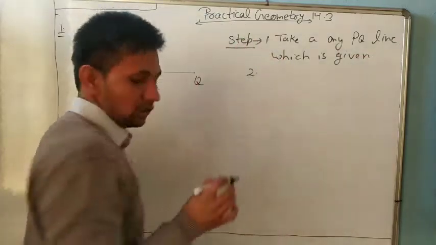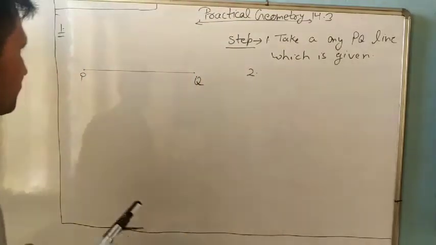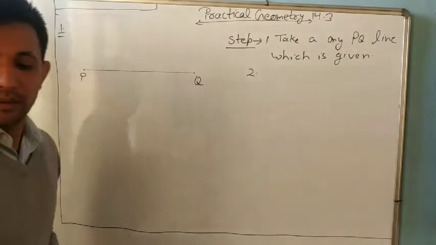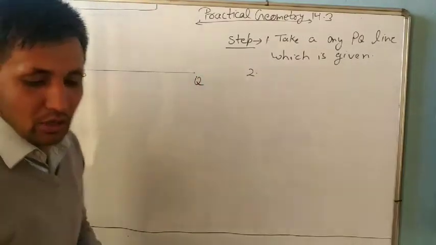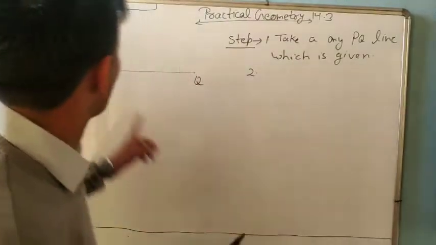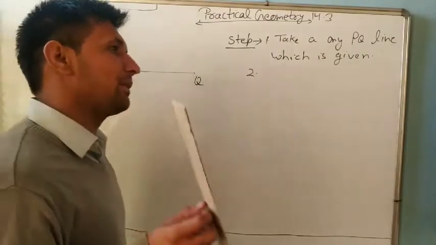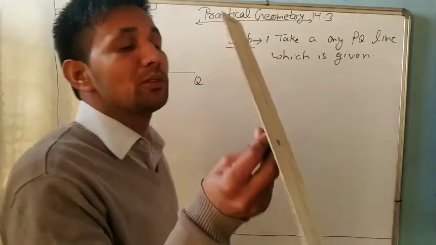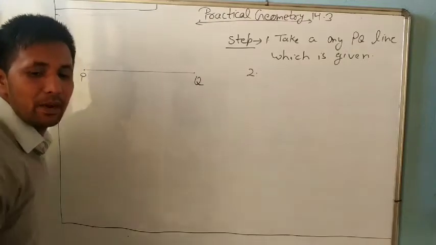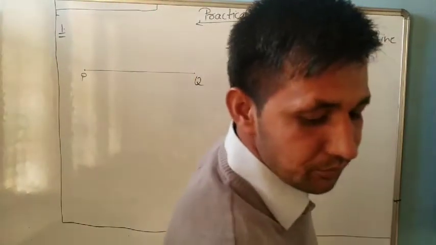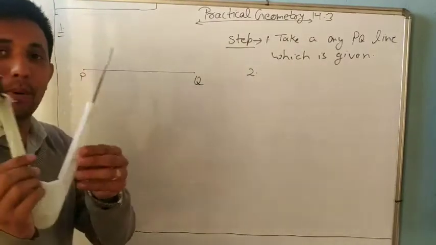Second step, what we will do now, by using the compass dear, we will construct a copy of PQ line. So always first, how will we measure it? If the examiner says to use the ruler and make one more copy, we will measure it and make the same length as it is. But we don't use that. We will not use a scale. We will use only a compass.